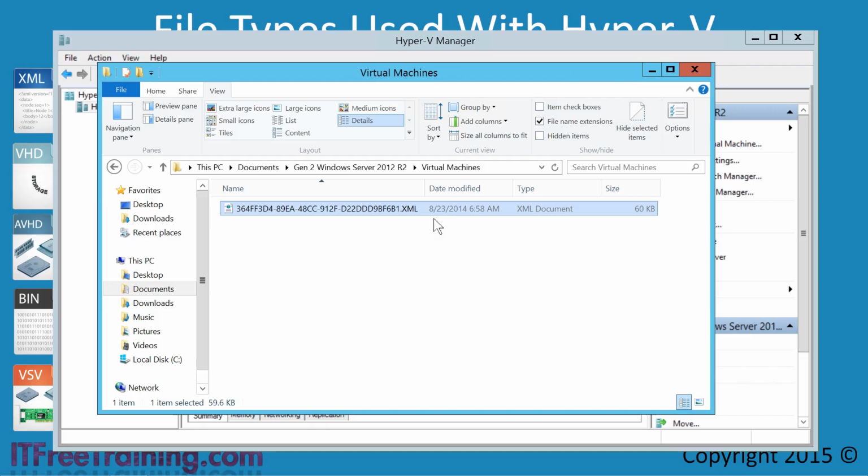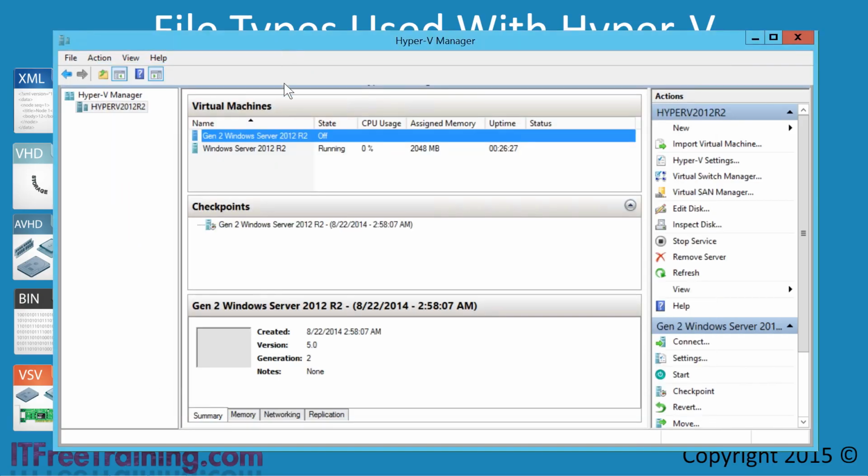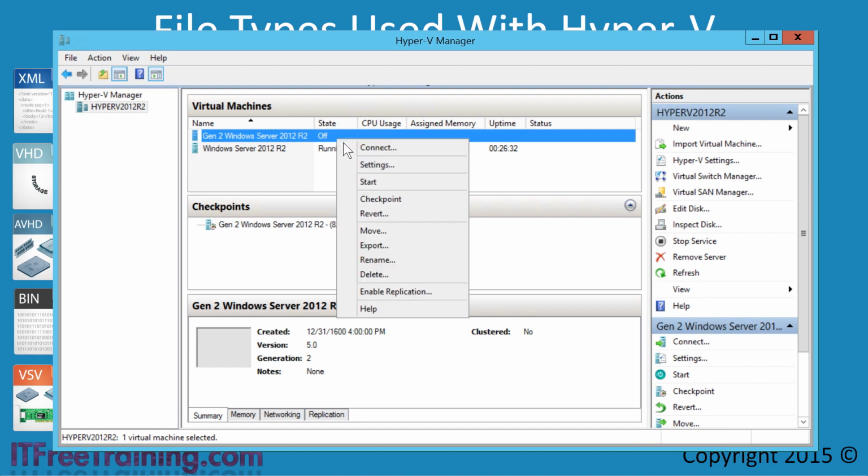You can see that to have a functional virtual machine, all that was needed was a configuration file and a virtual hard disk file. These were exported from the local server, so the next step is to have a look at where these files are stored on the local server and also the other file types that are used with virtual machines. If I now go back to Hyper-V Manager, I will right-click on the first virtual machine and then